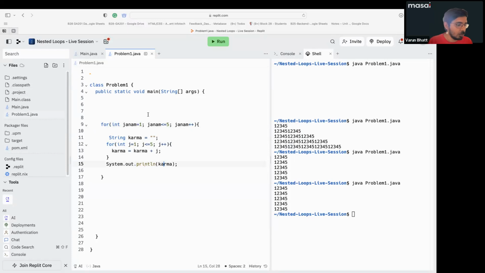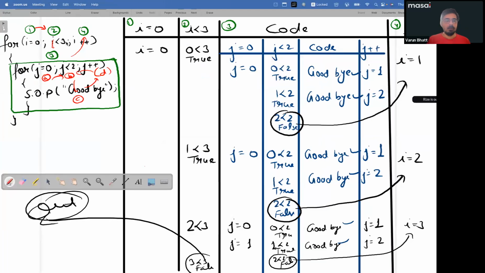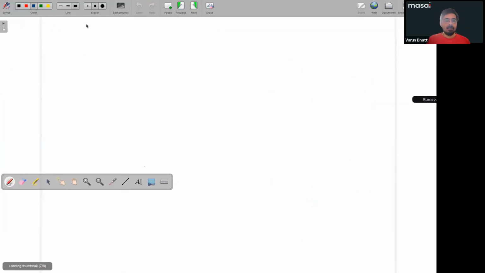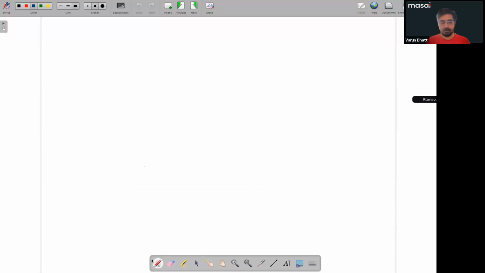Now I just want to show basically how this thing is actually happening. One second. So basically I'm just doing one dry run, and from that you will understand it. अच्छा, जस्ट आप कॉल पे ही रहना, ओके? चलो।